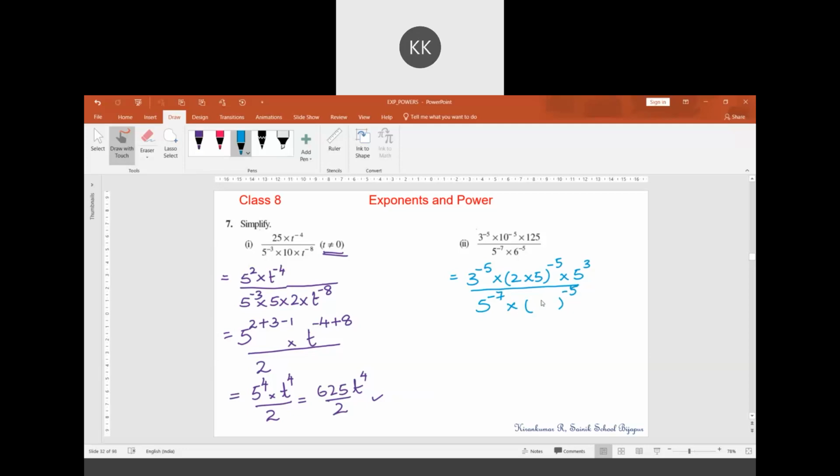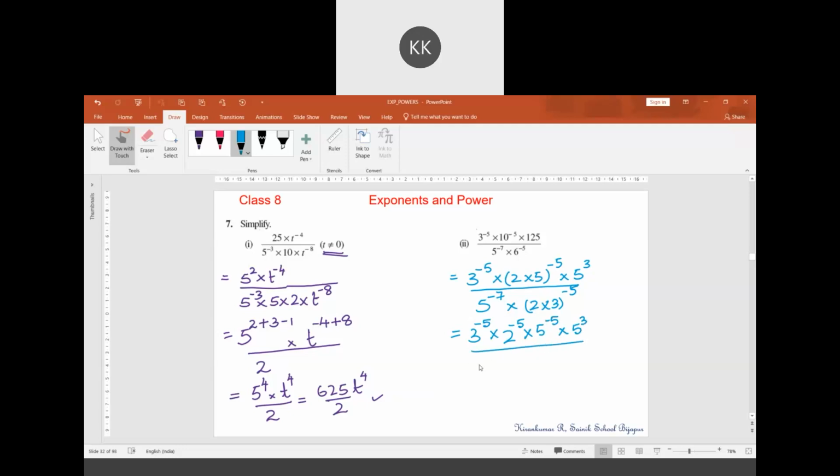I can change 6 into 2 into 3, whole power minus 7. So 3 to the power minus 5 into... Now what should I do now? You have to make 2 to the power minus 5 and 5 to the power minus 5, separately the powers are to be taken. 2 to the power minus 5 into 5 to the power minus 5, into 5 cube, 5 to the power 3,